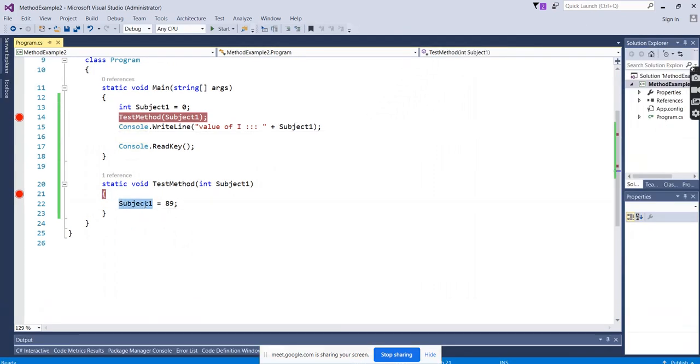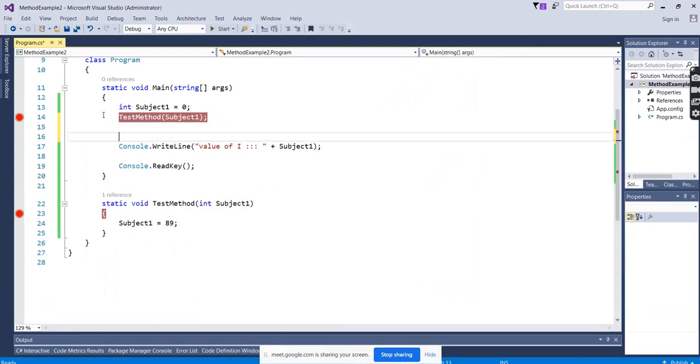Even though the value is assigned, here you can see, first coming to the method, in that method I'm assigning the values, but when I go back, I'm getting the values which were assigned in the main method itself. Whatever modification I made in the method, I'm not getting that value in the main method. Even though for the same variable I've assigned the values, I'm unable to retain the values for the subject one in the main method. Why is it happening like that? Why is it behaving like that?